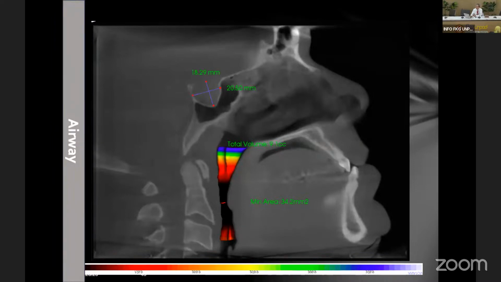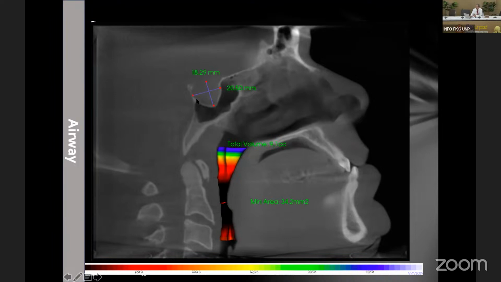This one uses Anatomage InVivo software, from the United States. We can see the minimum airway is here, right between the soft palate and the pharynx, the soft tissue. The minimum airway is 34 square millimeters here.